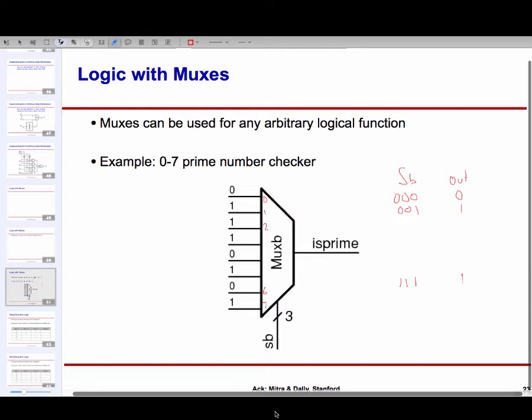So essentially, it gives you this kind of software programmable hardware, where you have these muxes, and then you have these switches at the inputs. So would you need a decoder to convert the select signal? No, so this one, when it says SB, internally there will be a decoder. That depends on how this multiplexer is implemented, but you're right that internally there will be a decoder doing that.